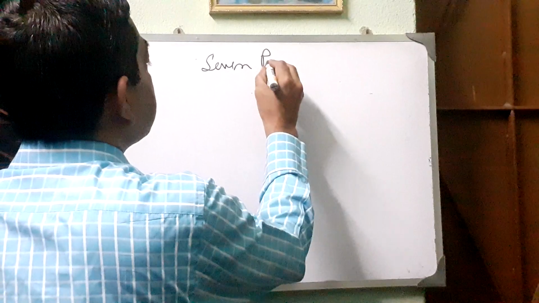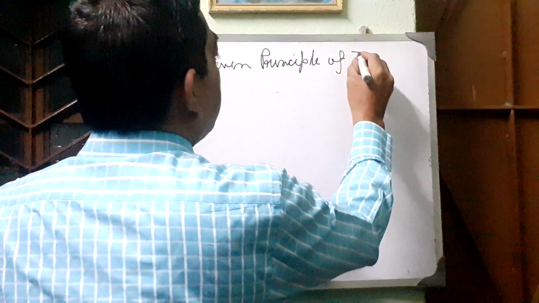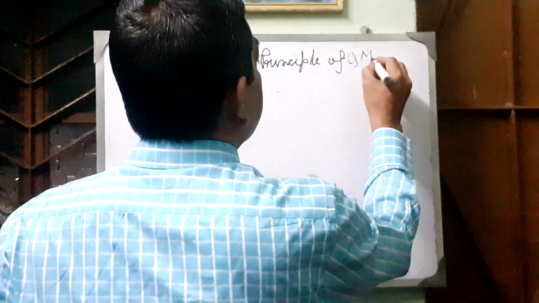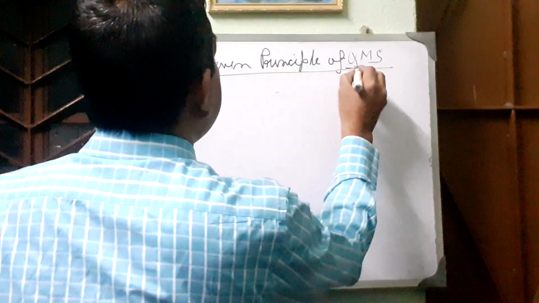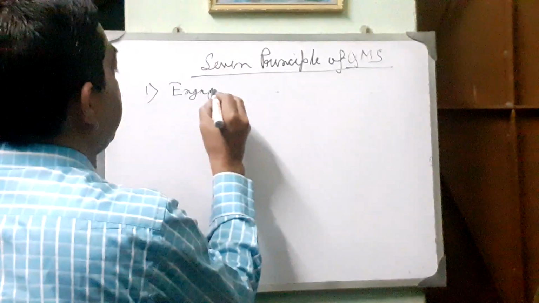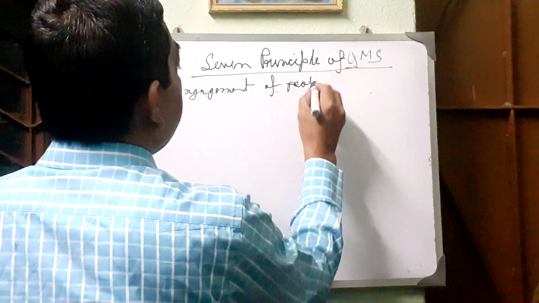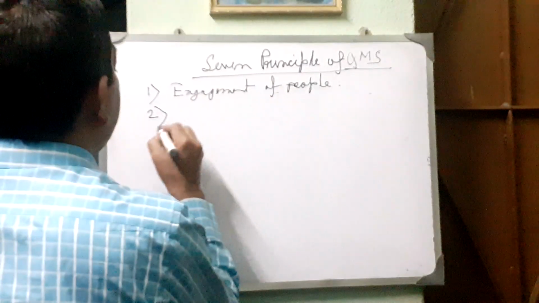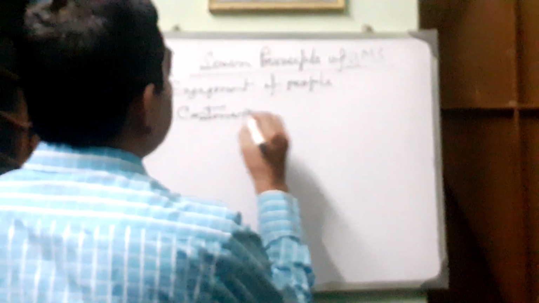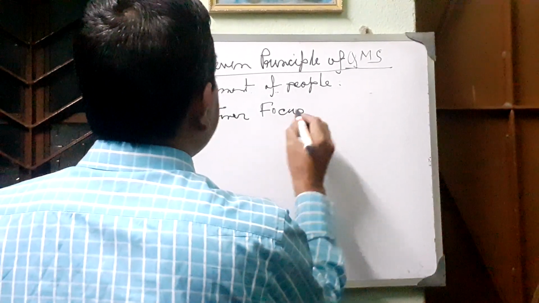First one is the engagement of people. Second one is customer focus. It is a very important part of any quality management system and food safety management system. Then leadership,